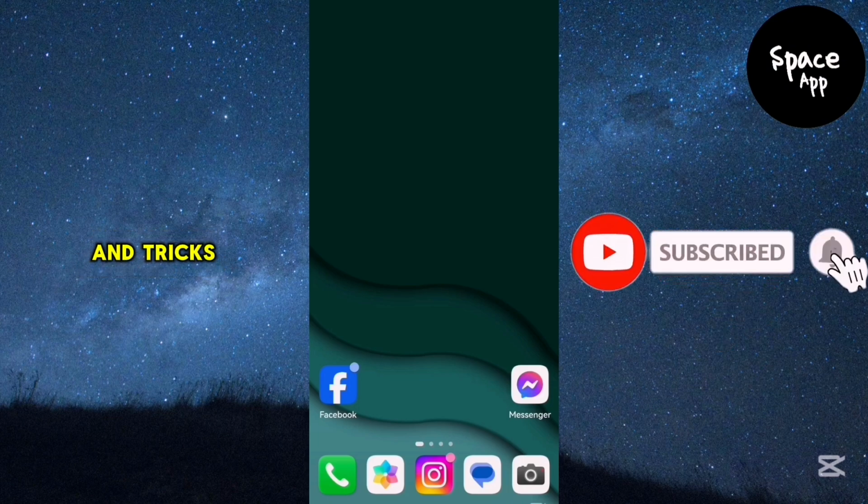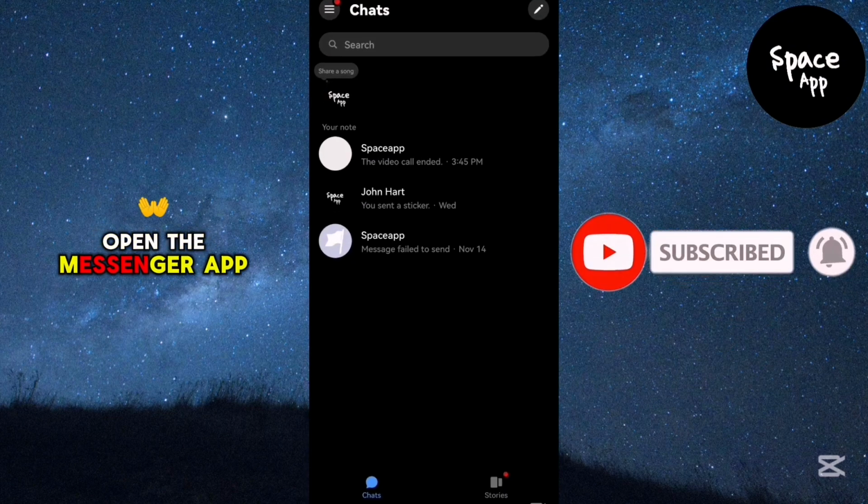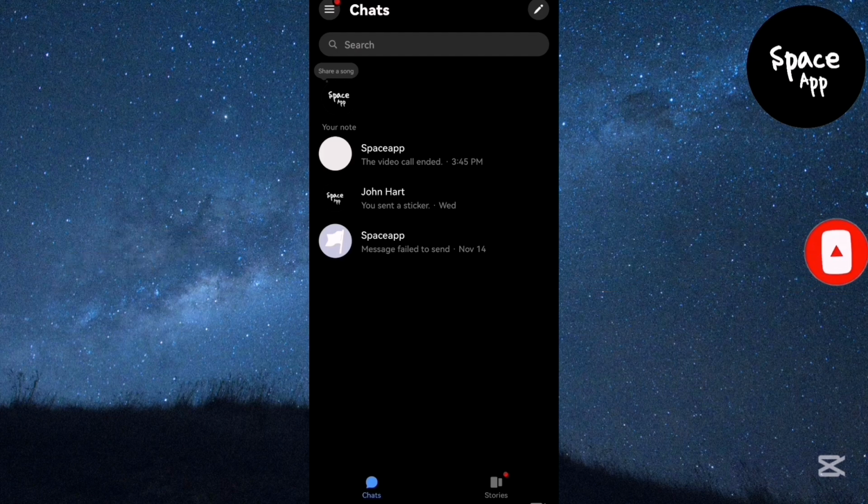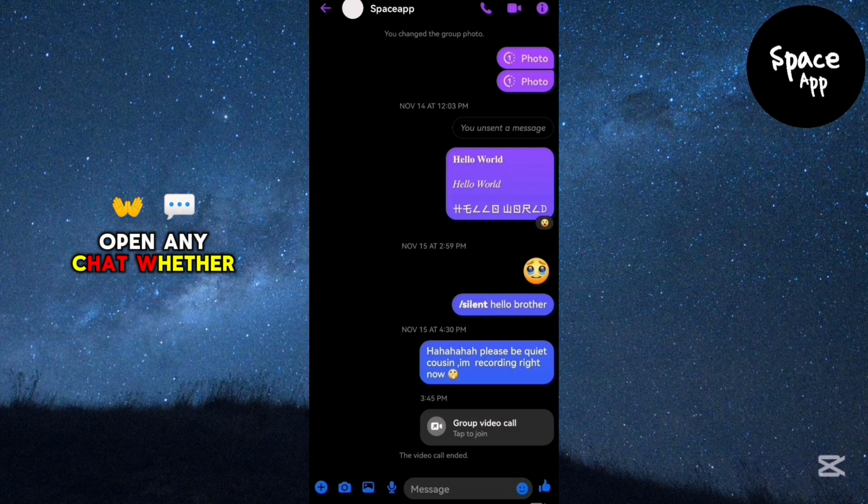To get started, open the Messenger app on your mobile device. On the home screen, you'll see your list of chats. Open any chat, whether it's with one person or a group, where you want to use HD video during mobile data usage. Once you're in the chat, tap the video or audio call icon at the top of the screen